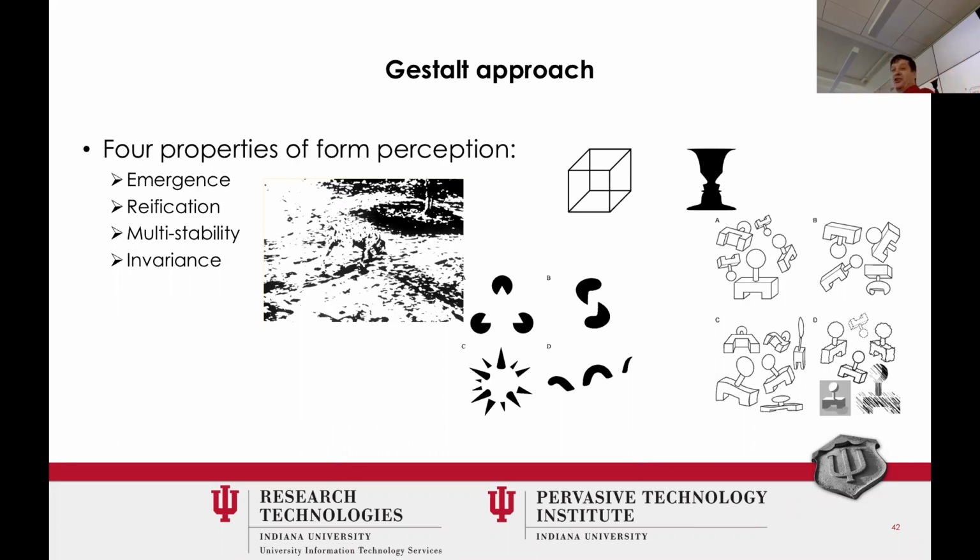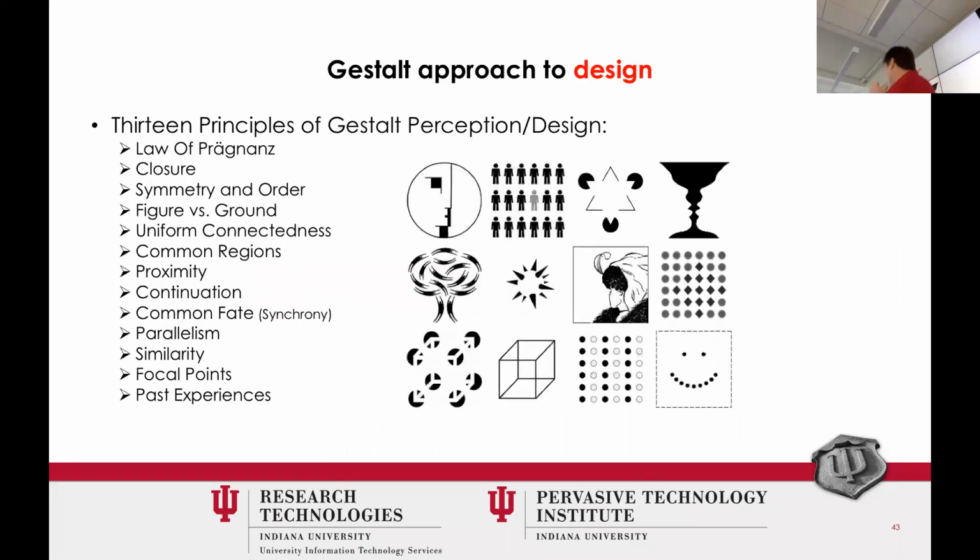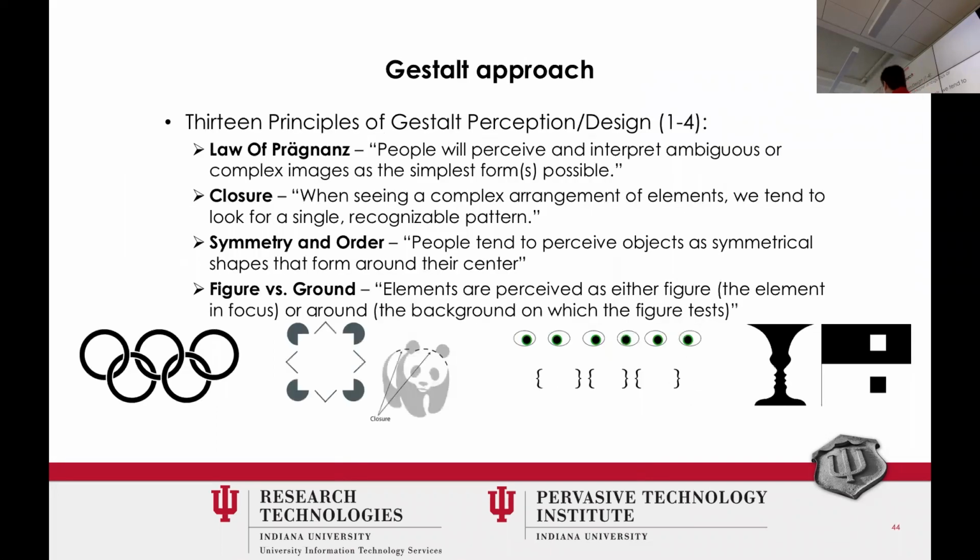And those lead to 13, let's check how I'm doing for time here, 13 different principles of design that come out of those. And again, here's kind of an overlay. Some of these are redundant with what we already saw because they take from those four properties. I'll try to maybe skim over them quickly. So these are the general things. So, right,